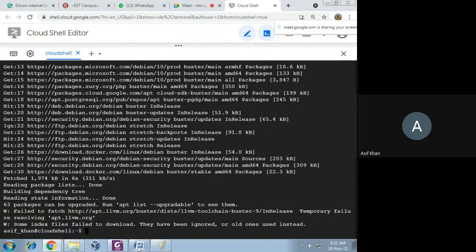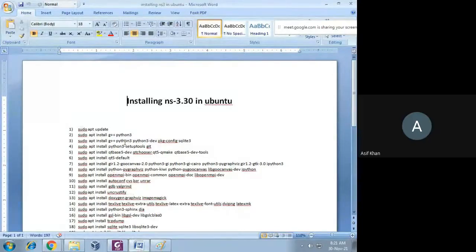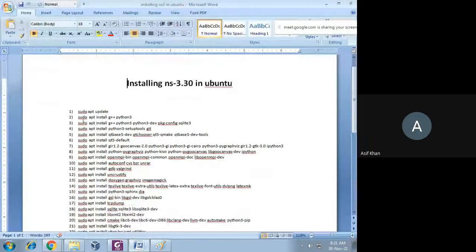Then next command is you have to run this sudo apt install g++. See, this is G++ compiler and this is Python. So two different packages are there. This sudo apt install command is used for installing, and here two different things are installed: G++ and Python 3.